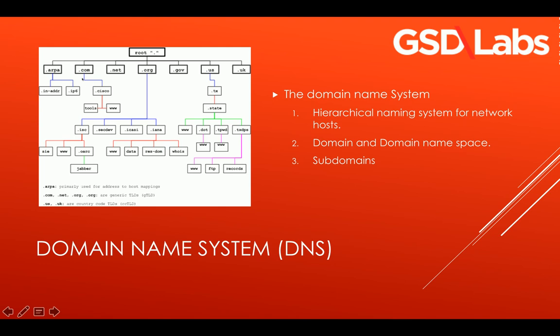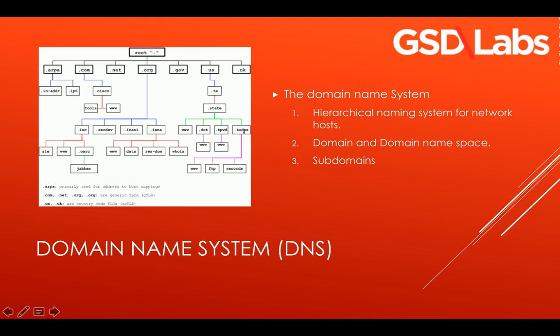Now, the rest here are for the cases where you have a host name, and then you want to find the IP address for that particular host name. Normally the host name is found all the way at the end, and you will see something very familiar here, right? We go from the bottom up. So we have www, which would be your host name, or FTP or records, right? This is your host name, and it belongs to the